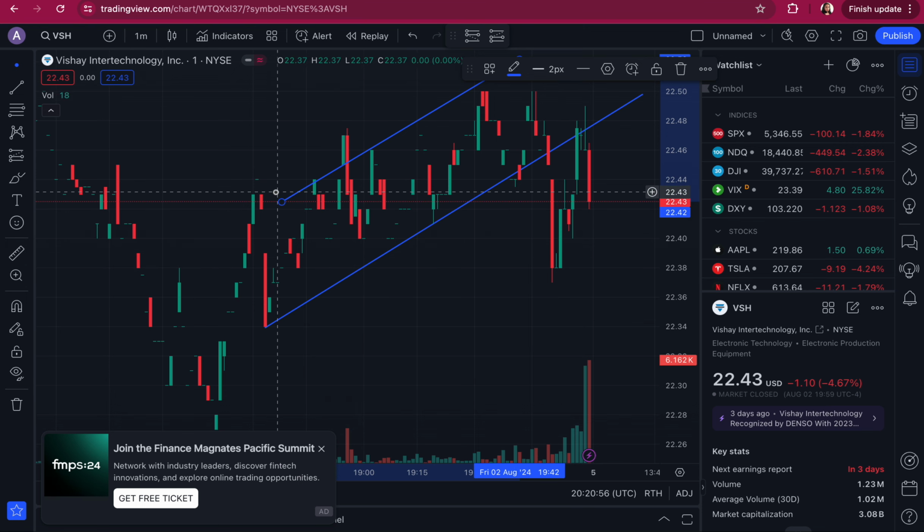So the space between these two lines is called a channel, and the moment the trend is broken, it could show a downward trend. So this is an upward trend, where the lowest points and the highest points are higher than the previous lowest points,